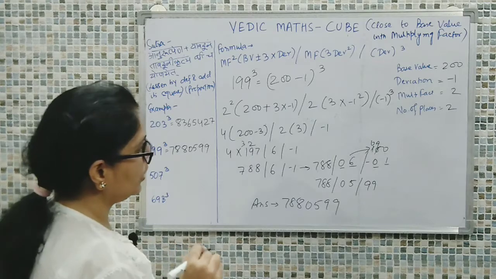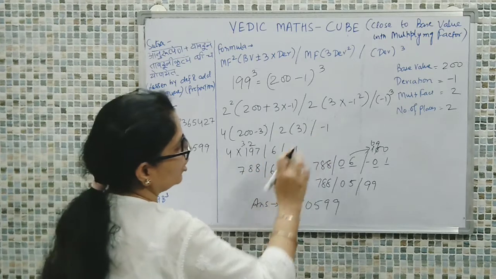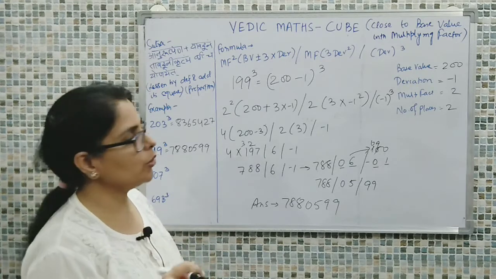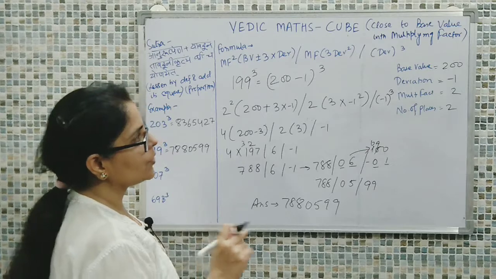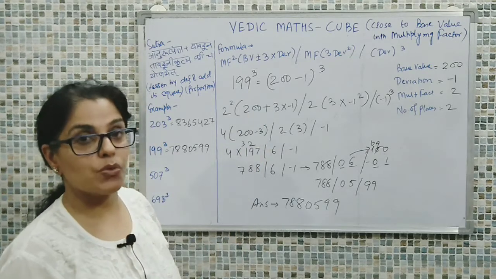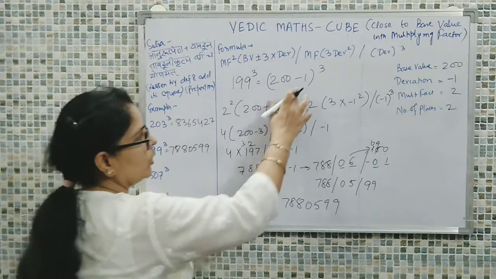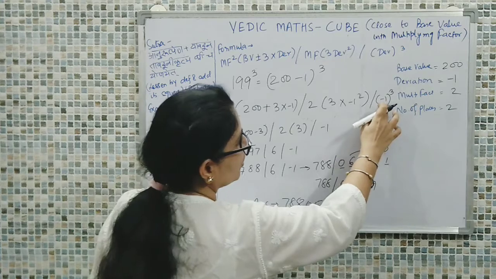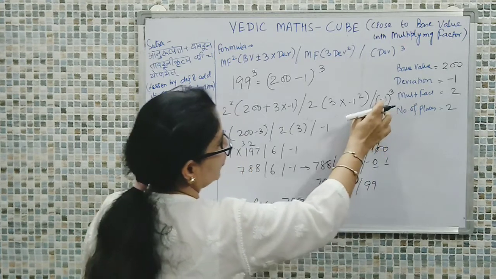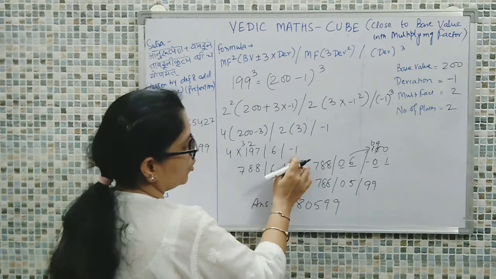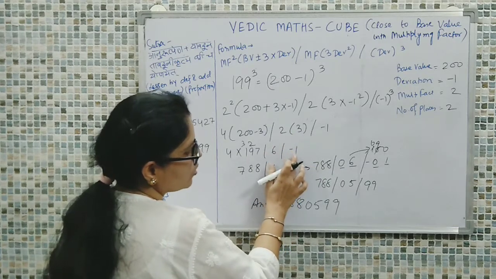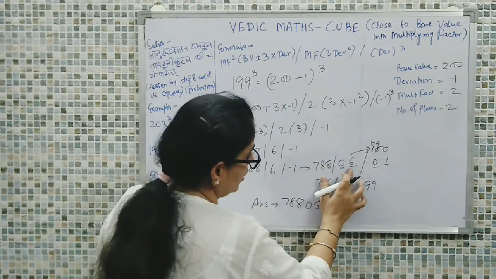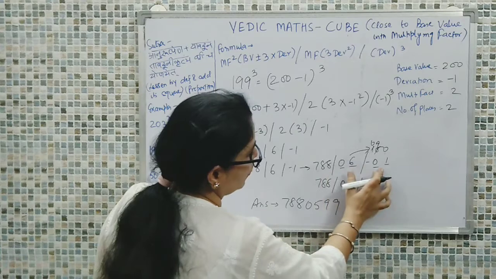Right. So the only thing we have to make sure of while taking the negative sign, because when we are taking the positive sign, there are no issues regarding the conversion of a negative value into a positive value. But when we are taking the negative sign, negative meaning those numbers which are below a base value, we are obviously going to have a negative sign, and the minus is going to be propagated because we have the cube of a negative value. The cube of a negative value will definitely come out to be negative, and that negative has to be converted into positive, which can be done by borrowing 1 from the very nearest left value, so that it is converted into positive.